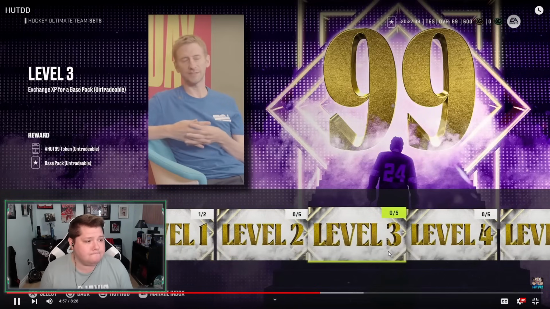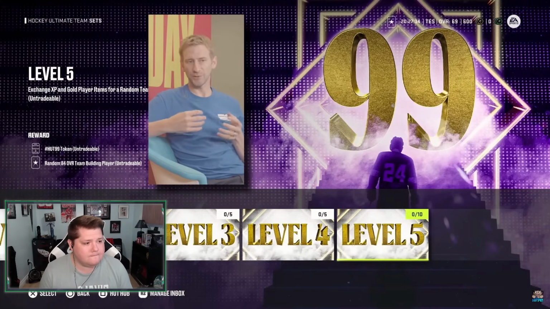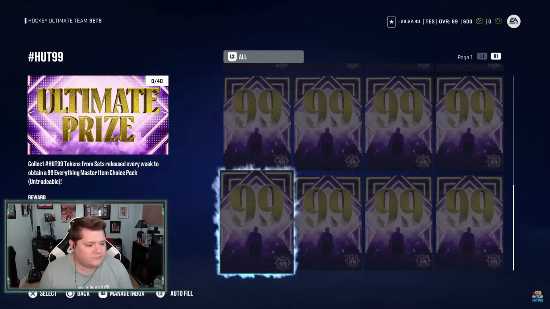Monthly collectible sets, and so this year we're actually going to have a more linear track, but the real goal of it, the real exciting part about it, is you're actually pursuing this, what we kind of call the ultimate HUT reward, and it's going to be a 99 everything card that you'll get just from completing these sets throughout the year. And so you...